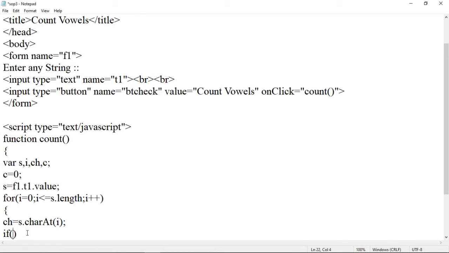So within an if, let us check this ch is equal to, here user can enter a capital string or small string. So we have to check for both the conditions, that whether the ch is equal to small a or ch is equal to capital A. Okay, similarly we have to check whether ch is e, i, o and u. Okay, so specify all those conditions.